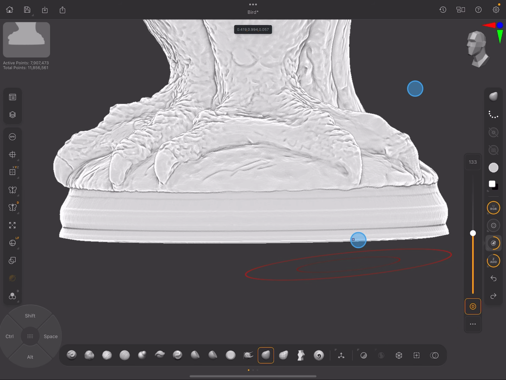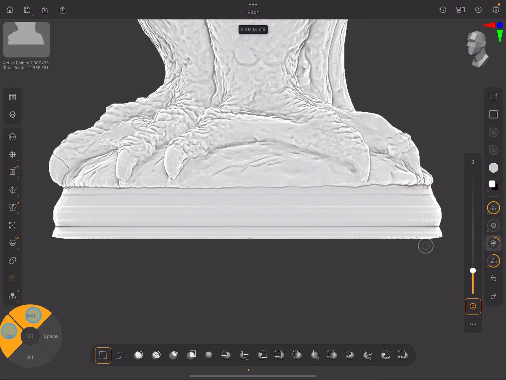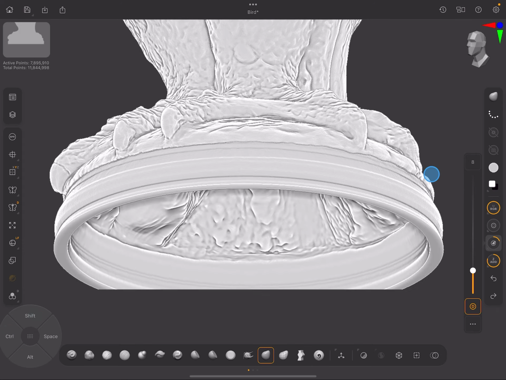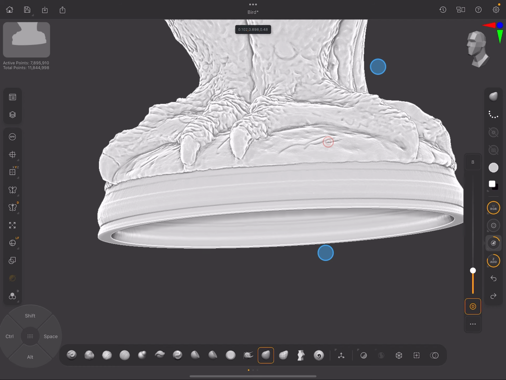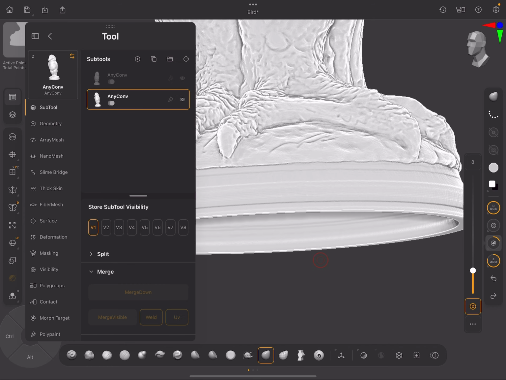So at the bottom of this, you can see that this edge kind of protrudes. So let's go Control Shift, select our knife rectangle again, and let's try slicing a little more off and see what happens. So that weld worked. Now, for you, if the weld doesn't work, you can go to